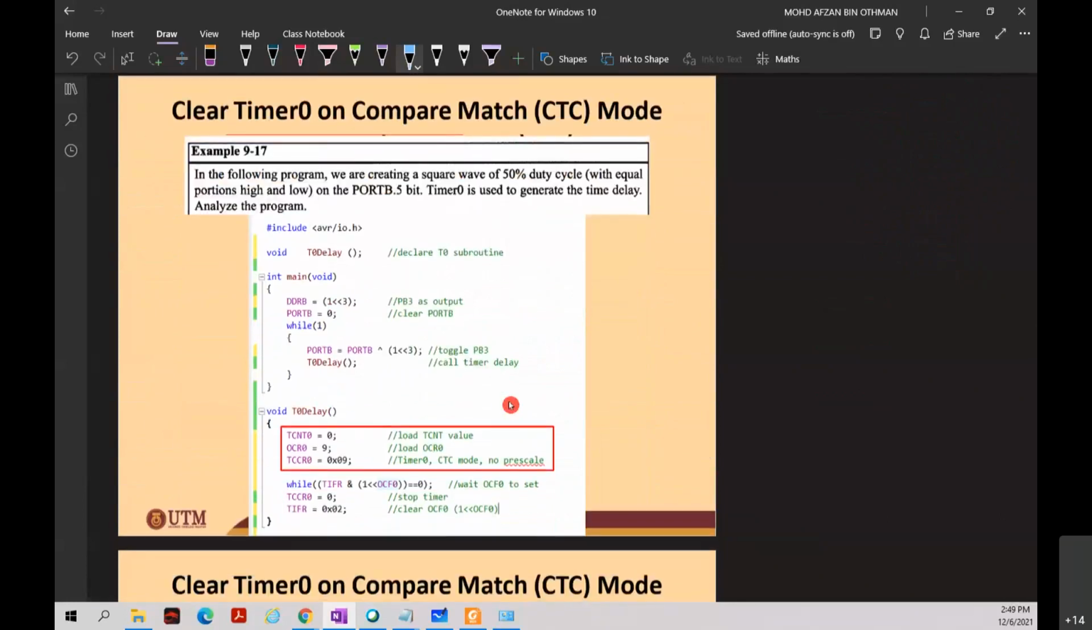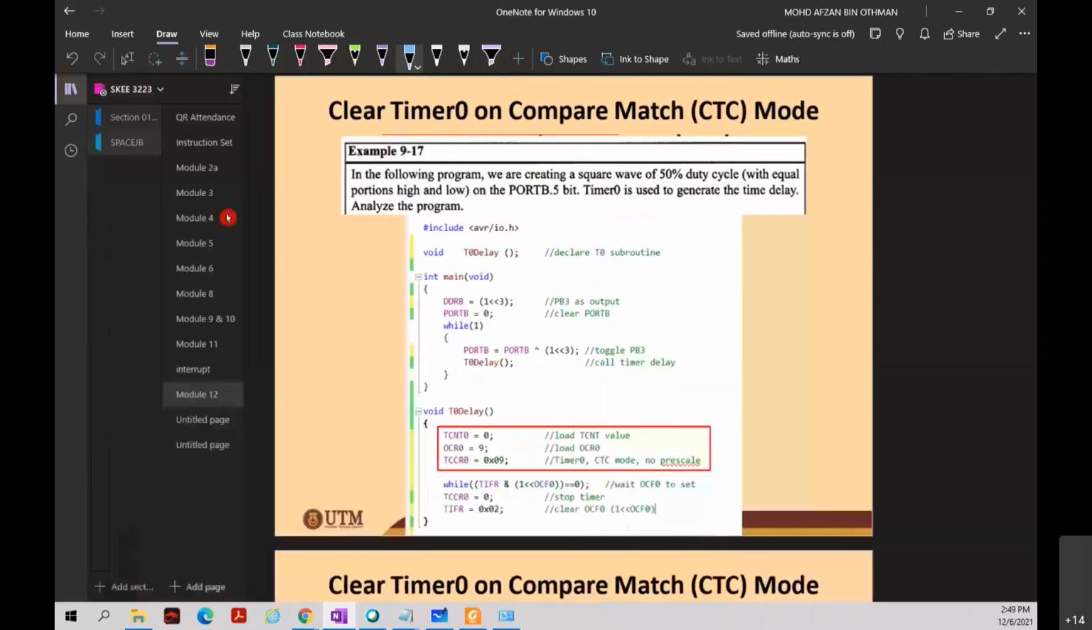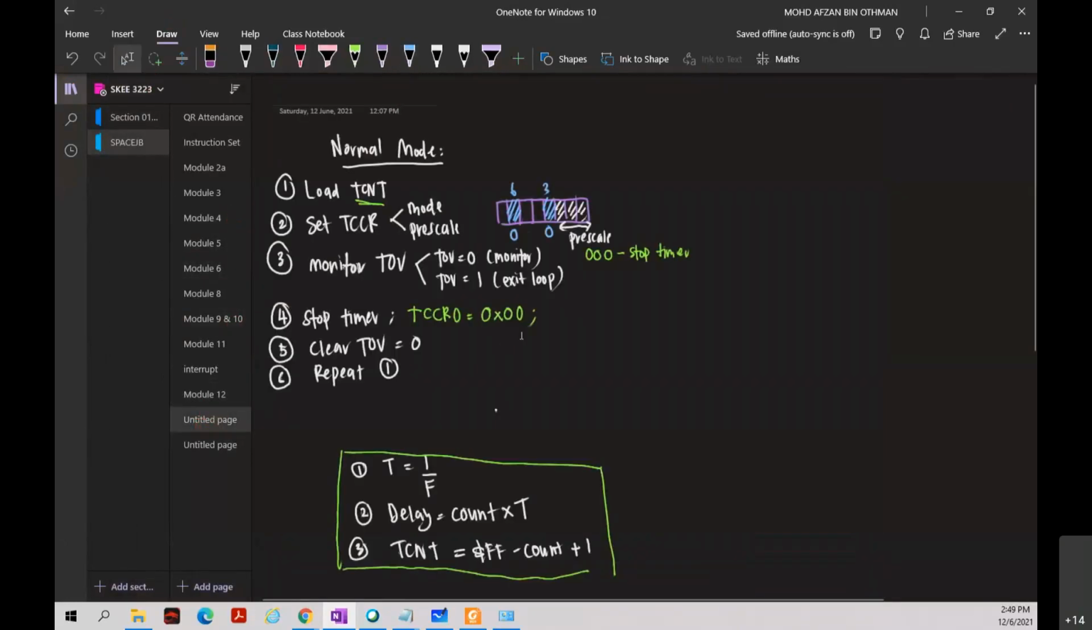Okay, so now we are going to see lah, okay, macam mana nak buat programming. Okay, for the compare mesh method. Okay, so this is the step that you need to remember lah. Okay, so CTC mode. Okay, actually dia sama juga tapi cuma beza sikit je. Okay, for the CTC mode,